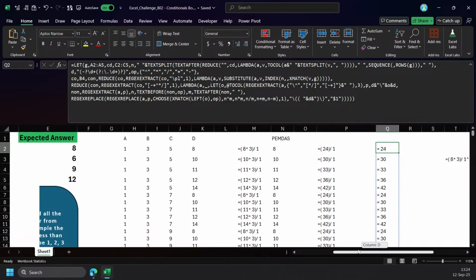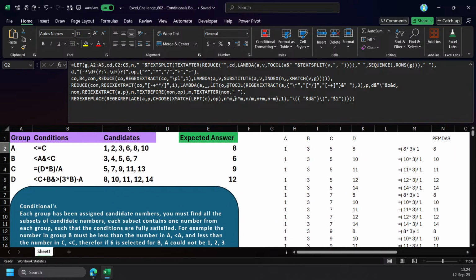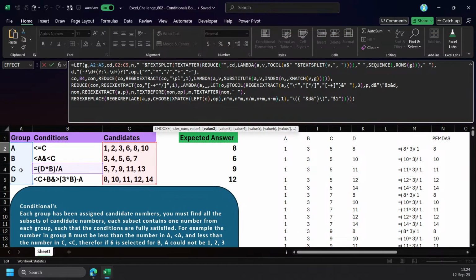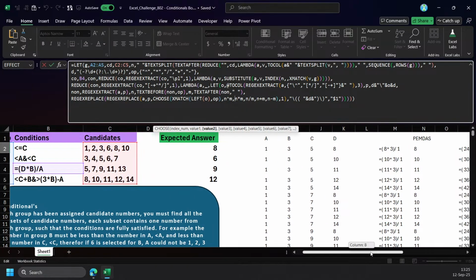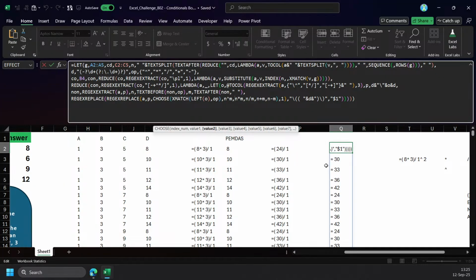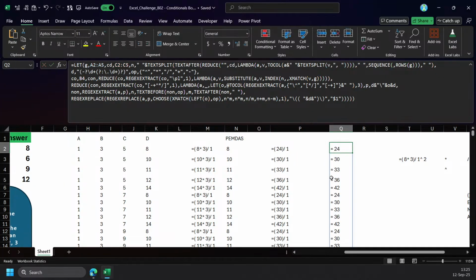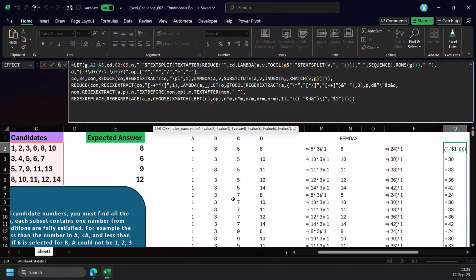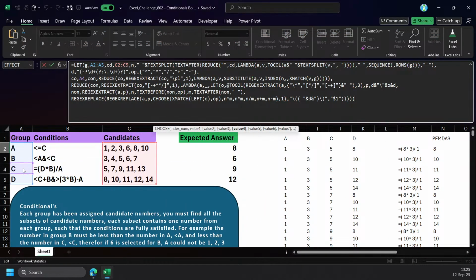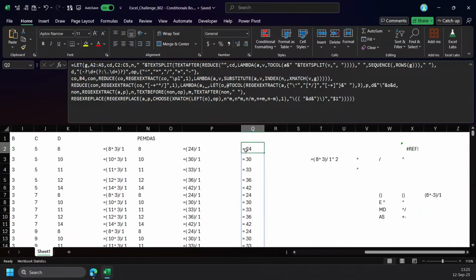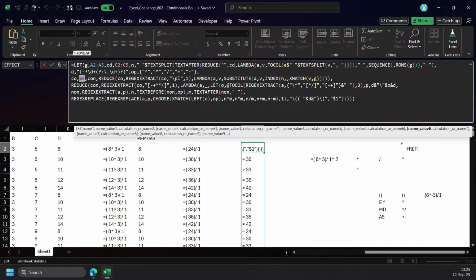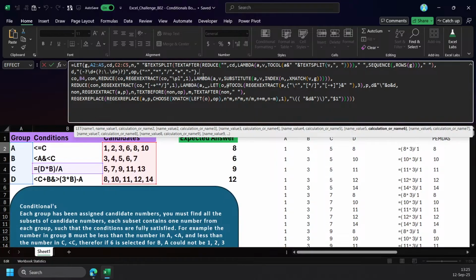Then with this, I can compare value from what I grab number from, which is from C here. Then with C, I will select column 3 on this, and then compare if it is equal or greater than or less than. So it means with this condition, I can take from group, and from group I can take the column number and then get the condition. So let's change that. This is condition, and the group will be